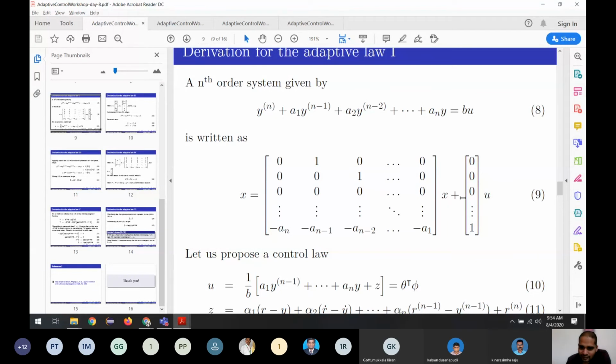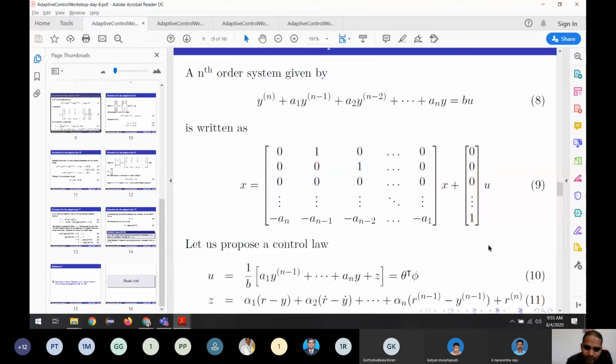So this is how we write transfer functions. Just a small idea, but it's not required in our case. It is required for some other equation, but not for this. So let's go to the control law.